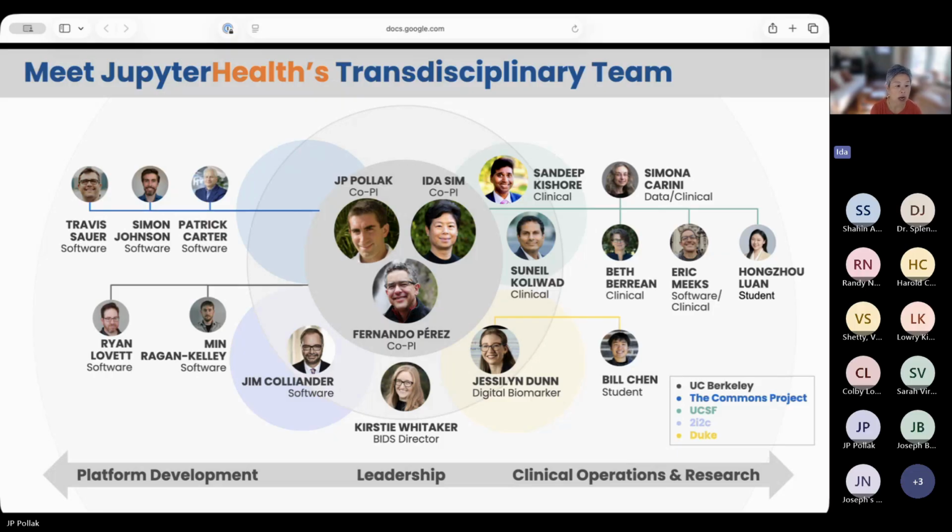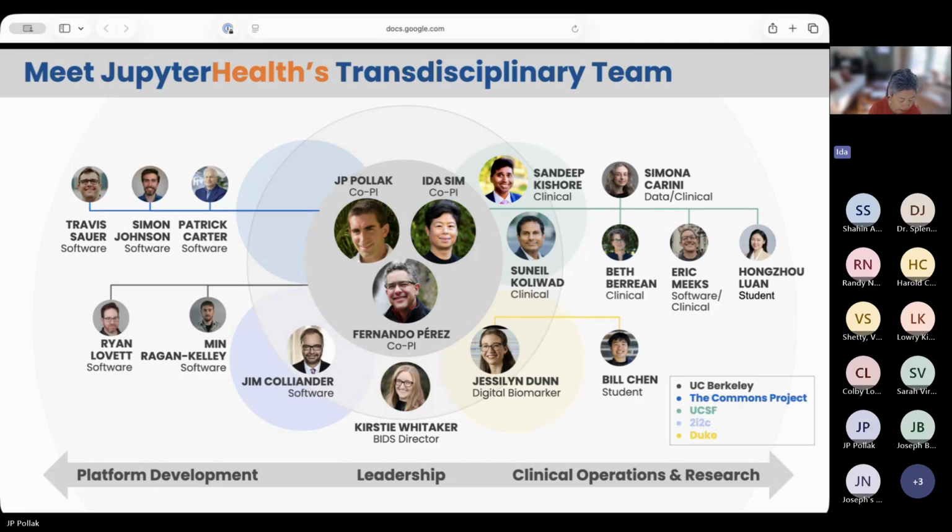That's healthcare. And you see that we have a great software development team. We're very, very tightly tied into clinical operations and research, as you will see very soon. And the project groups include, of course, Berkeley, Commons Project, UCSF, 2i2c, which supports Project Jupyter, and then Duke as